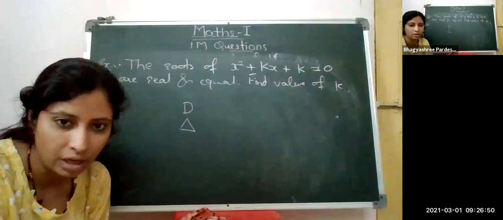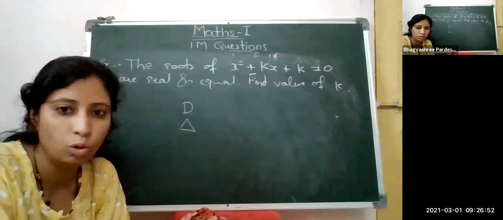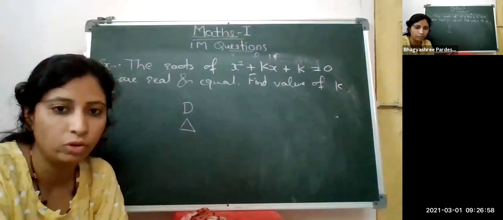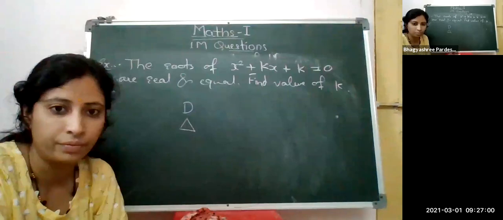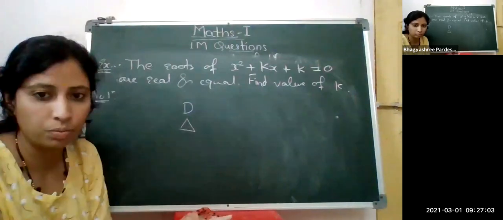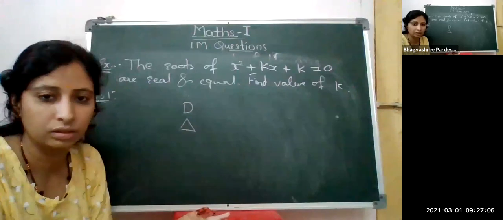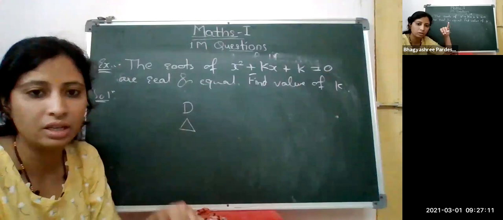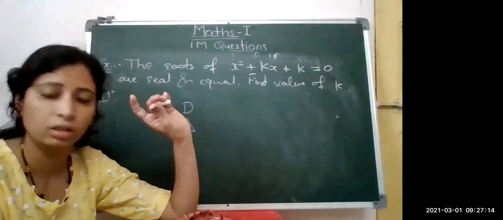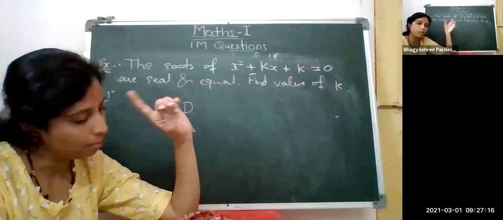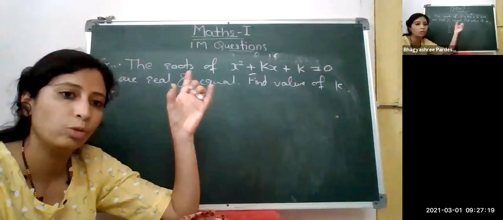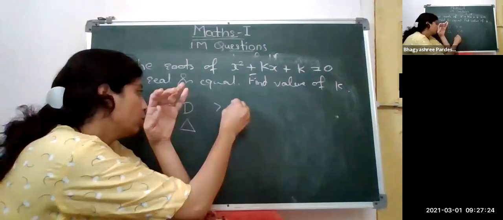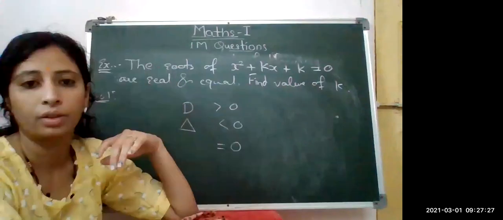Ruchika. Yes, speak Ruchika. Your hand is raised, Ruchika. You can unmute yourself. Okay, no problem. Yes, Sapna Gupta. Quickly unmute students. Yes, Sapna or Ruchika. Yes, speak Sapna. B square minus 4AC. Discriminant is B square minus 4AC, but we are given that roots are real and equal. So what will be its value? Whether it will be greater than 0, less than 0, or equals to 0. Real and equal.